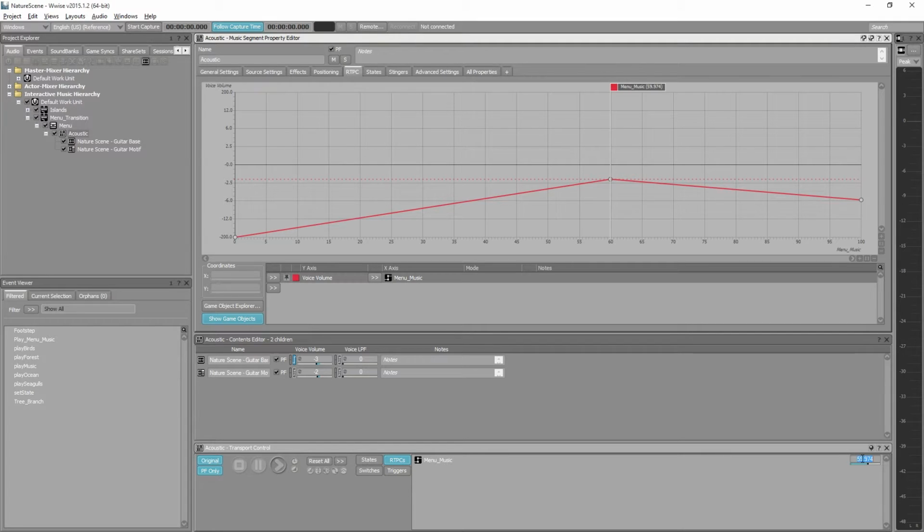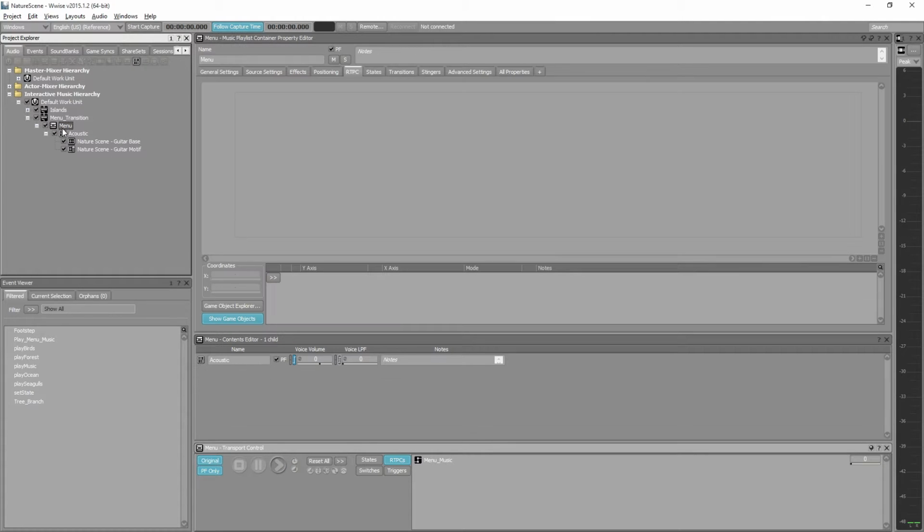It is on 60 by default. Basically what happens is it starts at 60, and then when I press the begin button, it goes to 0. The transition parameter controller I use for this is called menu music. This name is important for us so we can code it into RTPC value inside the script we're using in